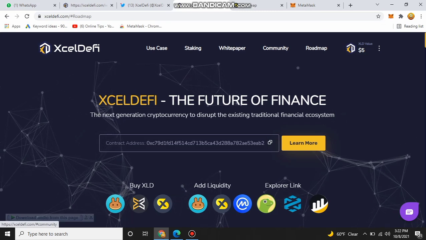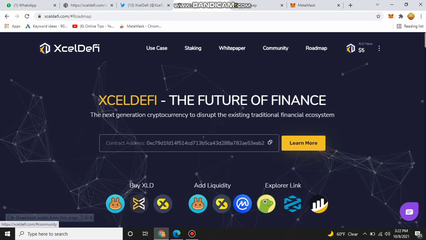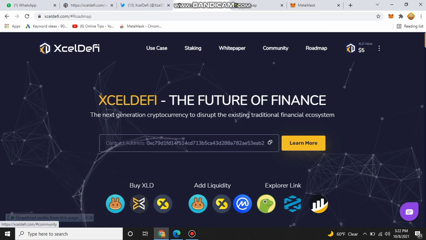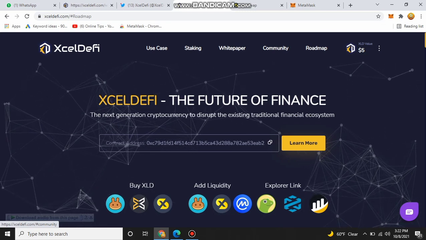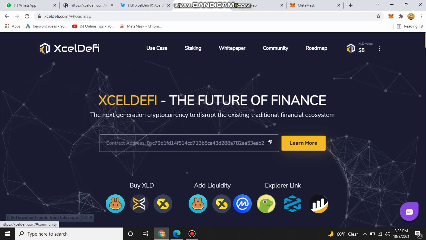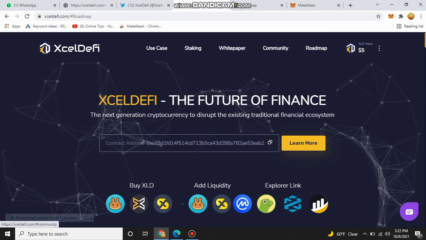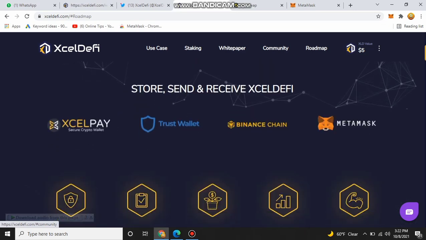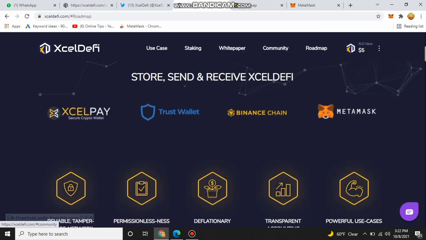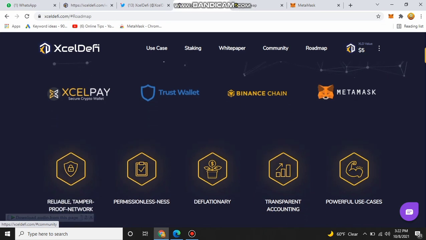You can buy XLD on PancakeSwap and other sites, and their liquidity is added on these three sites. Their explorer link is listed on BSC Scan, CoinGecko and one other site. You can store, send and receive XLDAFI from MetaMask, Binance Chain, Trust Wallet and XLPay.